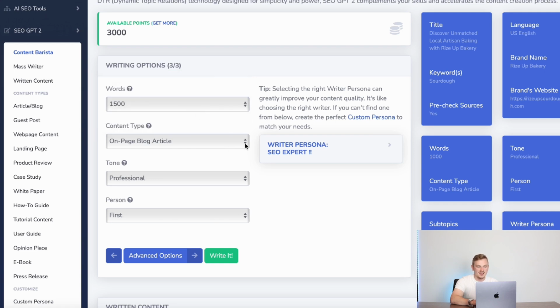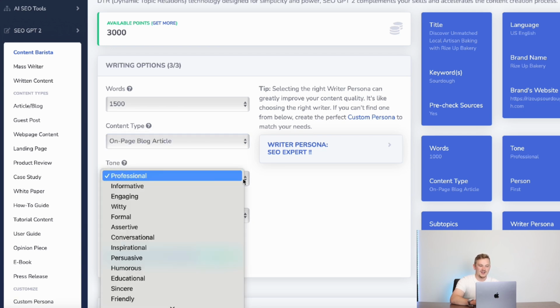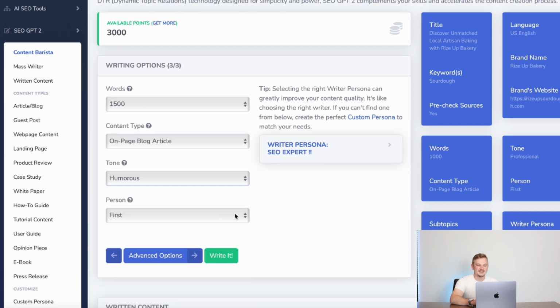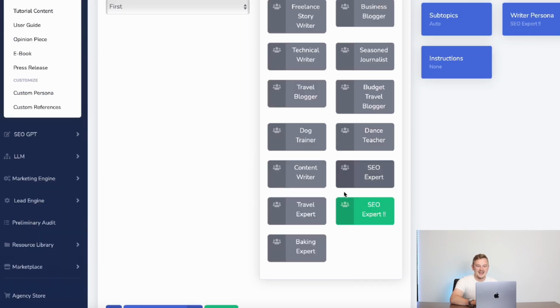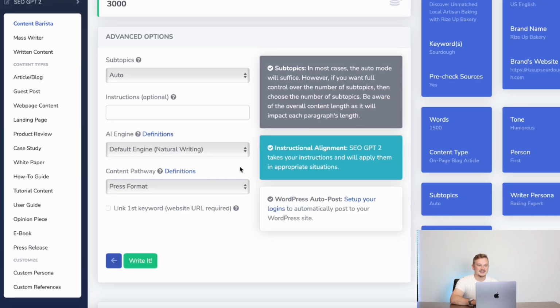Your content type, is it a how-to guide, ebook? I'm doing an on-page blog article. And then for the tone, do you want it to sound witty, informational, professional, maybe a little bit friendly or conversational? I'm going for humorous. And then you can select first, second, or third person. For this example, I'm doing first person. And over here, you can select your writer persona. Over here, you'll see I have my baking expert,